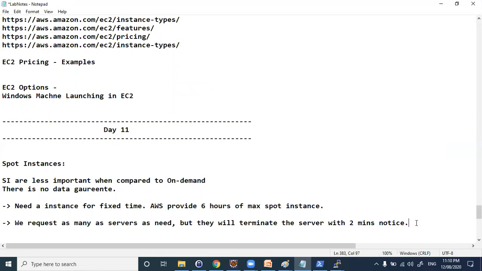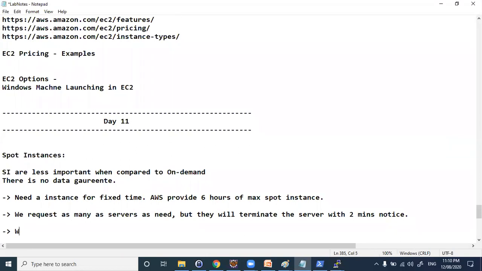So another method also is there. So for example, here we can request as many devices as we require. For example, 100. Okay, 100 EC2 instances. But there is a chance that a machine can be terminated and a new machine will be created. So for example, you ask for 100 machines, they give you from a fleet, they call it a spot fleet.